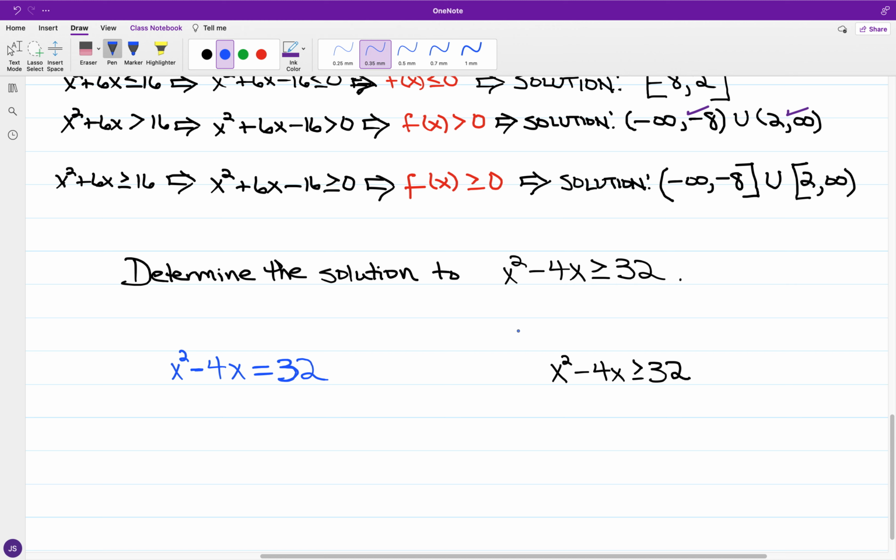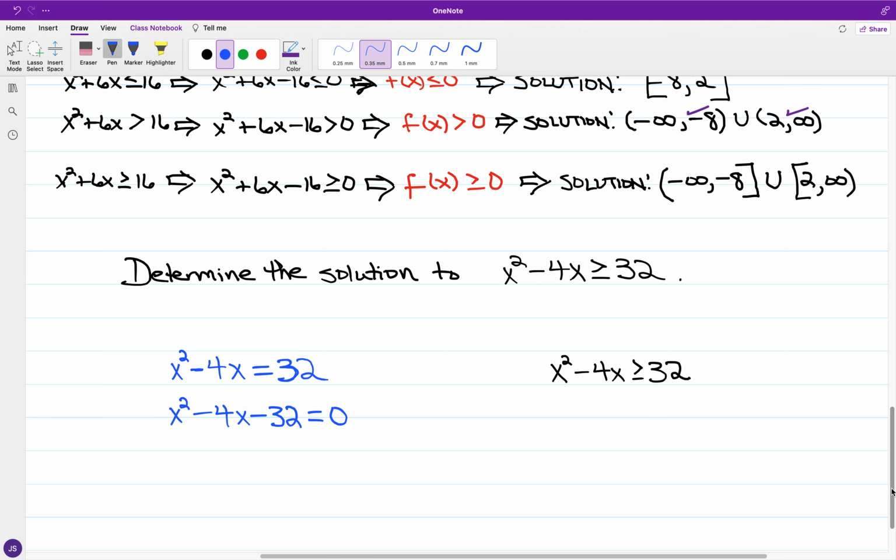So if I put this in terms of a quadratic equation, not yet in standard form, x squared minus 4x is equal to 32, what I can do is take 32 away from both sides and put this equation in standard form. So we have x squared minus 4x minus 32